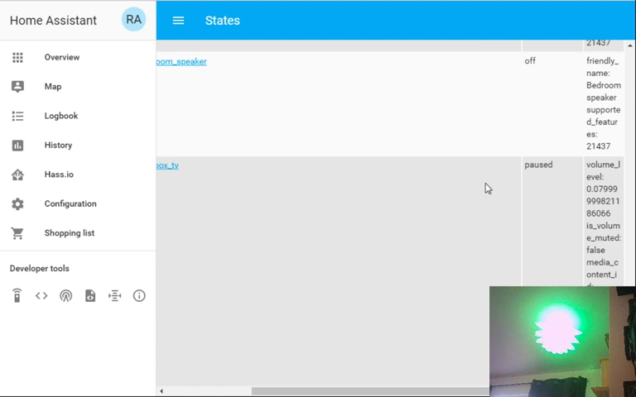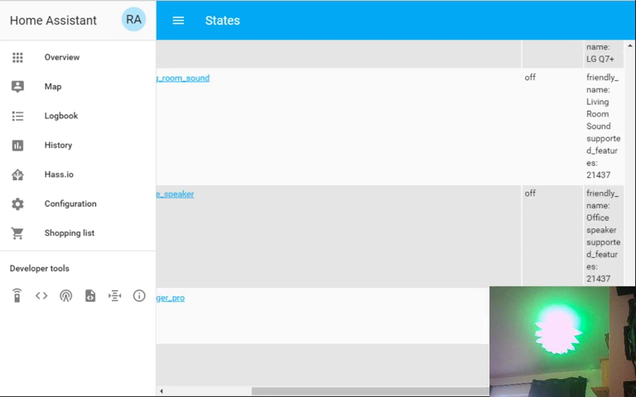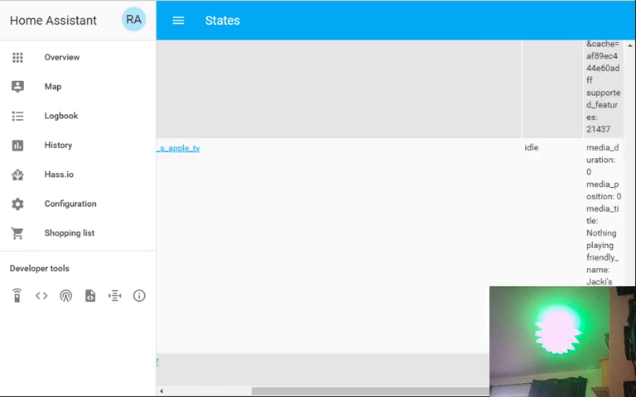I'm not sure how to disconnect from my computer, but anyways, it's paused right now. So that's the main state. There's a bunch of metadata that we can tap into. That's a little harder